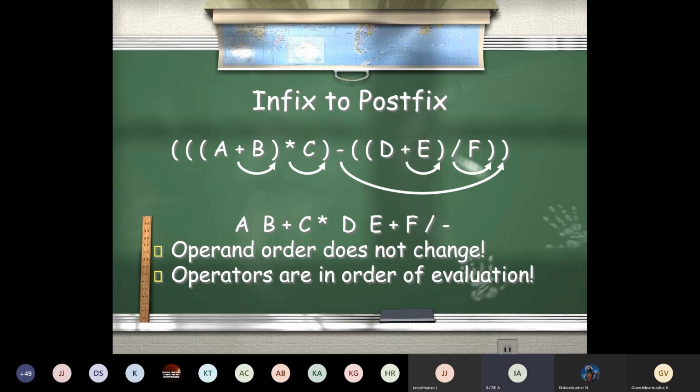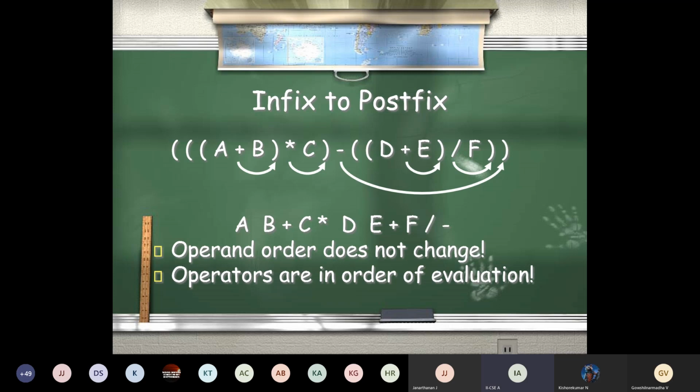Okay, just draw this arrow also and write 1, 2, 3 below the arrow. So for this a plus b, for that plus you write 1 below that, and for the star write 2 below that, and for this d plus e write 3 below that, and for this division write 4 below that arrow, and then for minus you write 5 below that arrow, so that later when you take a notebook you will understand which one we evaluated first. Okay, write 1, 2, 3, 4, 5. For this minus you should write 5 at the bottom of this arrow.